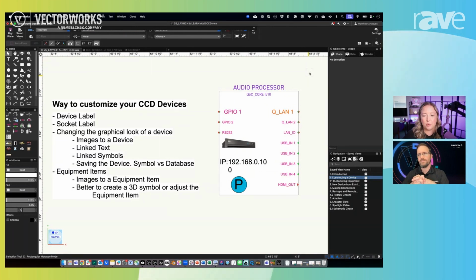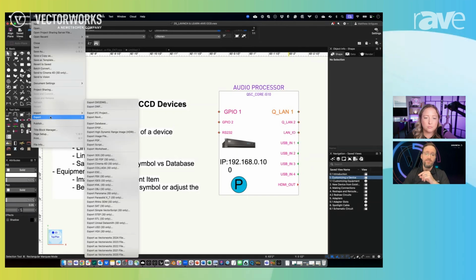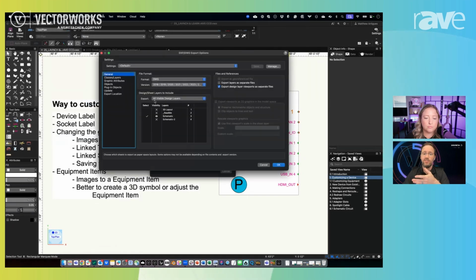Alejandro asks, can you export a ConnectCAD file to a DXF or DWG? So you can export. The caveat is that it's just going to export the kind of graphical look of things, but there's no real control of the data. The data might not come over unless you do Data Manager and map to maybe an IFC record and your IFC into